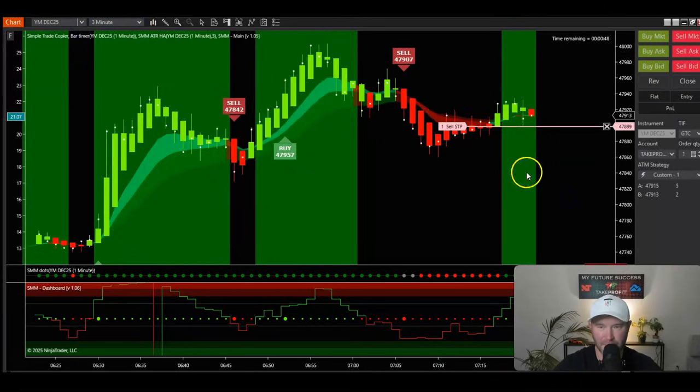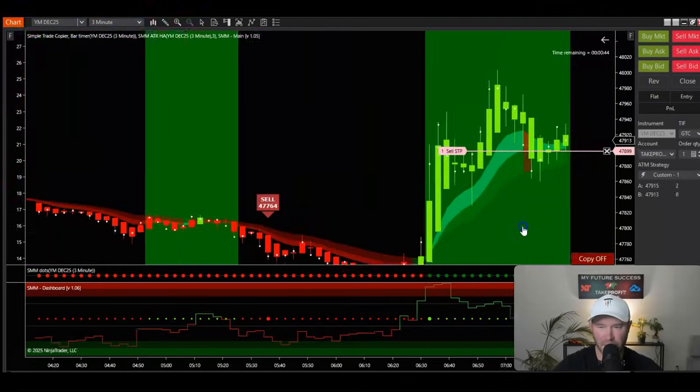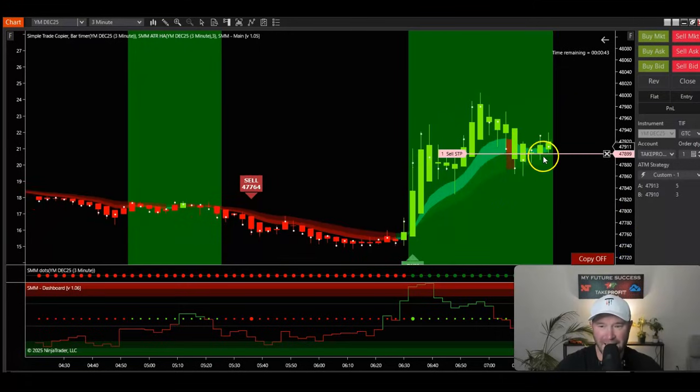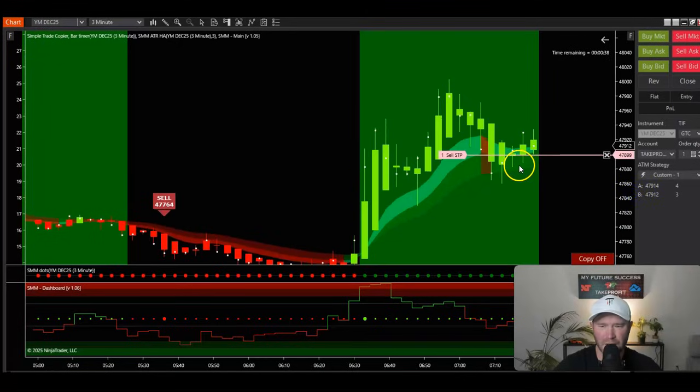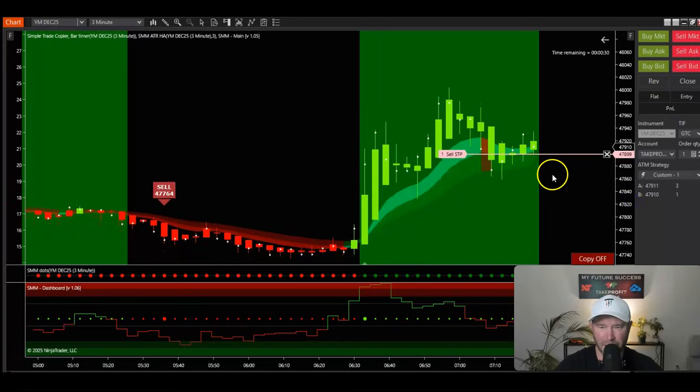Let's go back to the 3-minute time frame. I need to show you guys everything here. That ended up coming down and hitting the stop. What did we end up doing? It ended up having the stop loss brought straight up, which is okay. And now we're just looking for either continuation lower or back up higher.